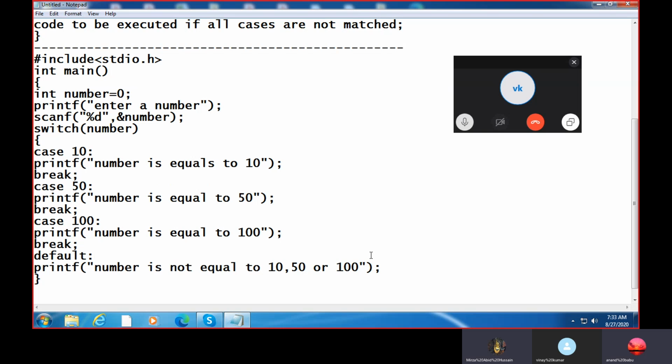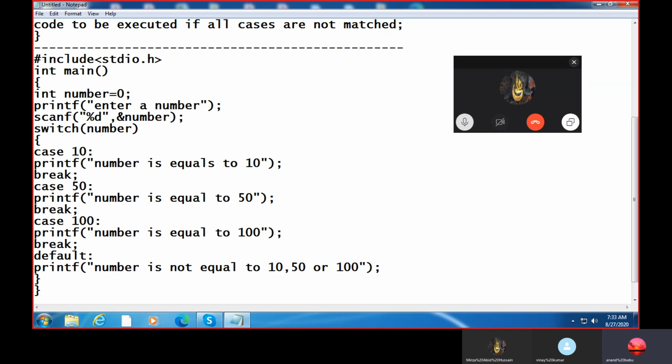After writing print number is not equal to 10, 50, 100, then you have to close the bracket. You can close it. Here I wrote directly in a Notepad file, only the logic. If I write a program in software, I write everything: stdio.h, conio.h, getch.